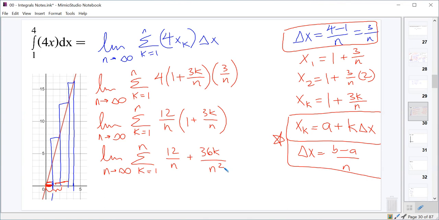And so we're now ready to evaluate the summation. We'll think back to what we did in the previous one, where we said that the value of n is just a constant. And if the value of n is just a constant, that means that 12 over n is just a constant. What we did a couple days ago is we summed together a bunch of constants from the first one to the nth one, and we came up with a rule for that. It said if you're adding together a bunch of constants, from the first to the nth, you just multiply the constant by n. So this can now become a limit as n approaches infinity of 12 over n times n